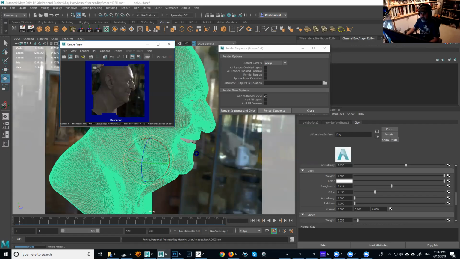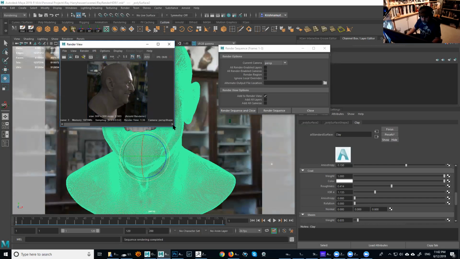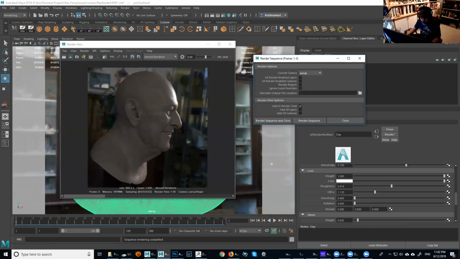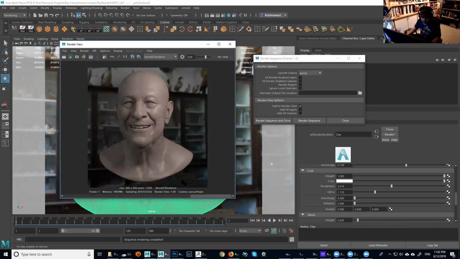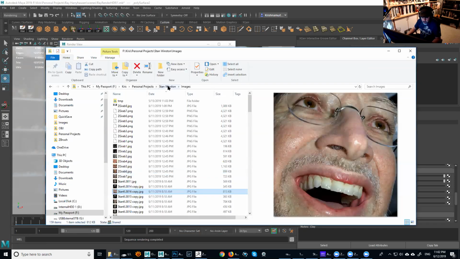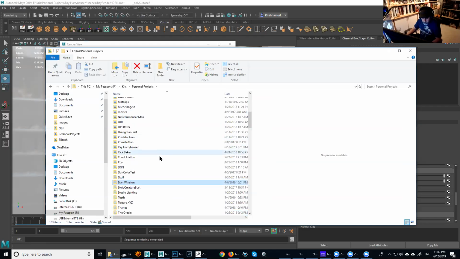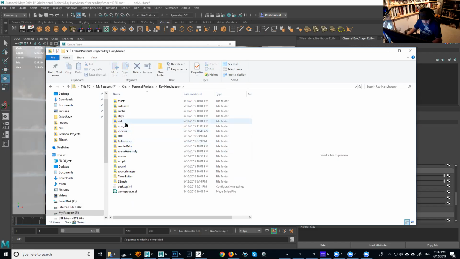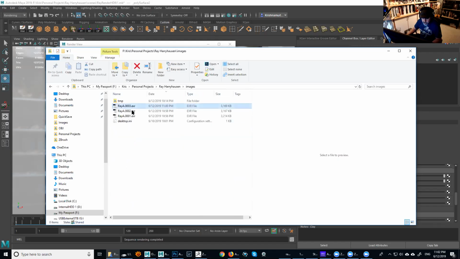Oh yeah. This is actually the last render right there. So that's pretty cool that we render all of them. Let me just show you this first, and then I'm going to jump right to that. What that option did with the add render to view is that now you have access to all of them in here. So you have all your renders in there. But at the same time, if you go to your subfolder, I'm going to finish this one to be right there with you. So Ray Harryhausen, and then under images, you should have all the renders in there. That's the way it works.